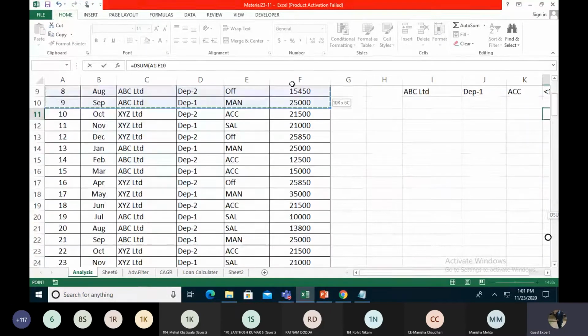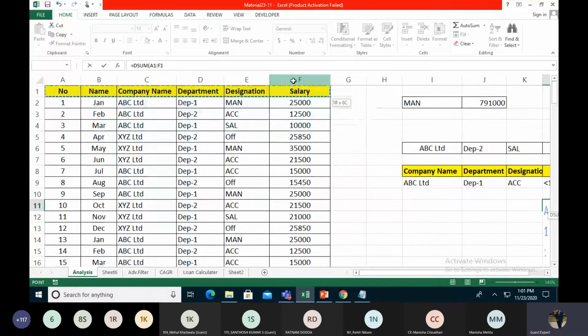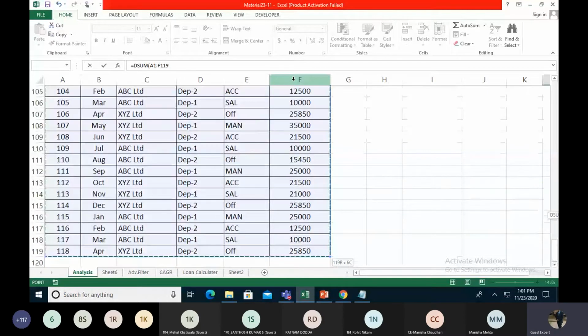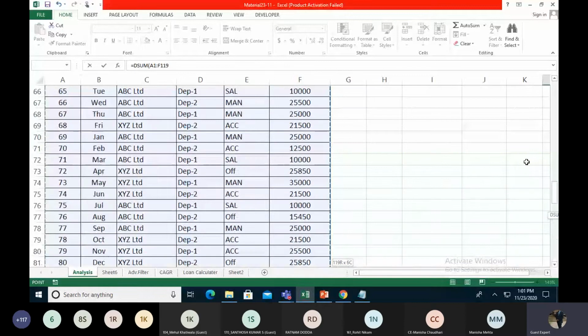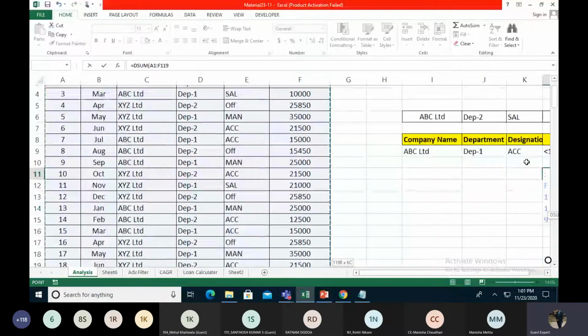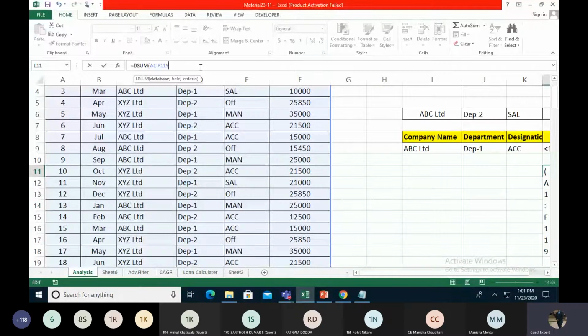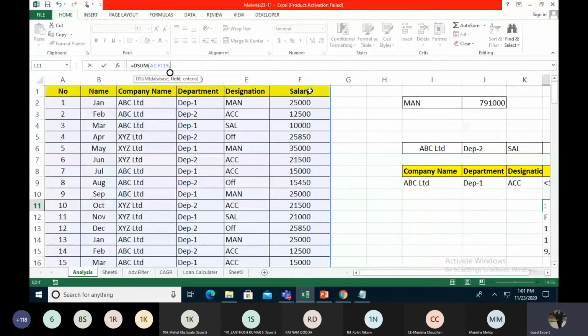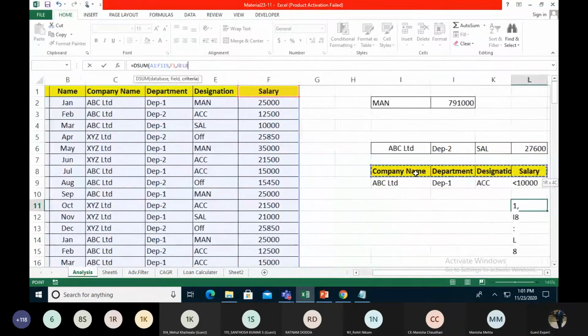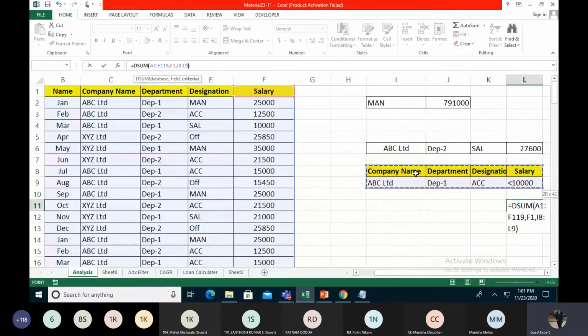Simply we press Control, Shift and down arrow and select the whole database. Then comma. We take the field, we are checking the salary, comma, and the whole criteria. Bracket close.